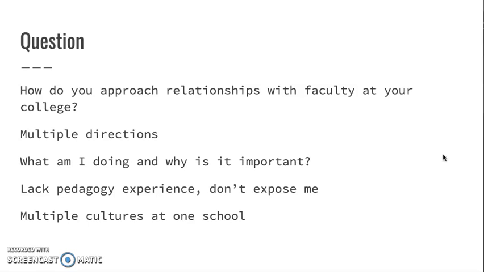Right. And then also realizing, and I think this happens everywhere, that there's multiple cultures at every school. So there's the institutional culture, and then there's a division culture, and there's a department culture. And sometimes inside that culture, they have little cliques. So finding your ways to learn that culture is essential. So I know, Audrey, you mentioned how you talked to the division chair a lot, became close with that person, and that person helped you get into the different departments and get in their heads. Yeah, she would start inviting me to all the meetings, and it all started there with that relationship. So that's definitely key there.